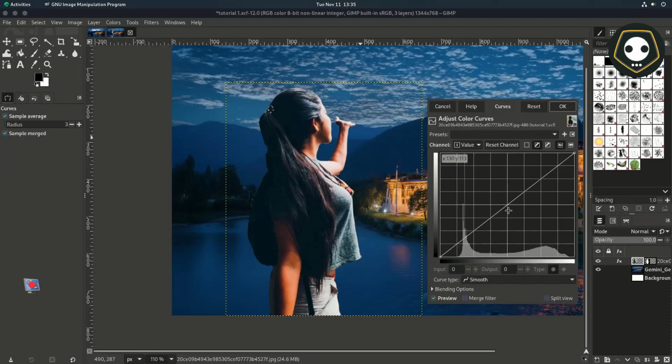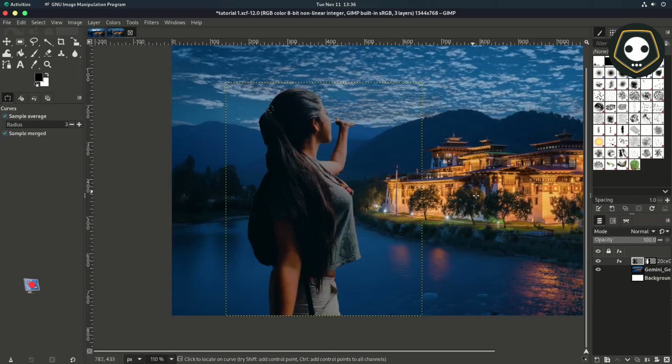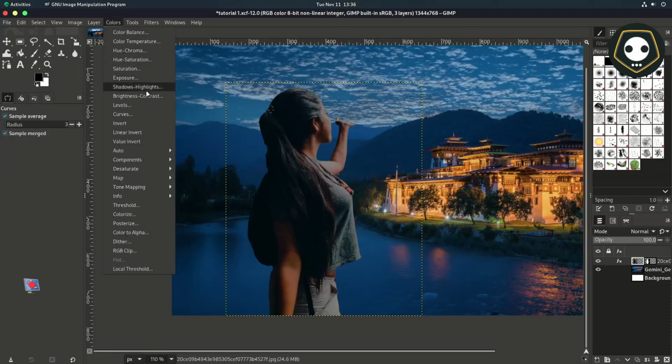first I choose the layer and then curves to make the image dark, and scale down the highlight on the skin area. I have chosen the curve. You can see here the skin area looks very highlighted. Now it looks like it was taken last evening, in a dark night scene shooting.